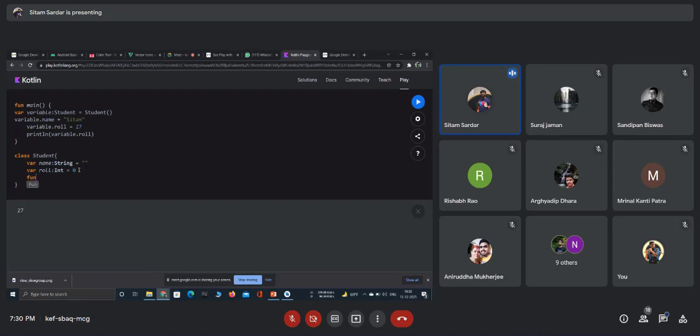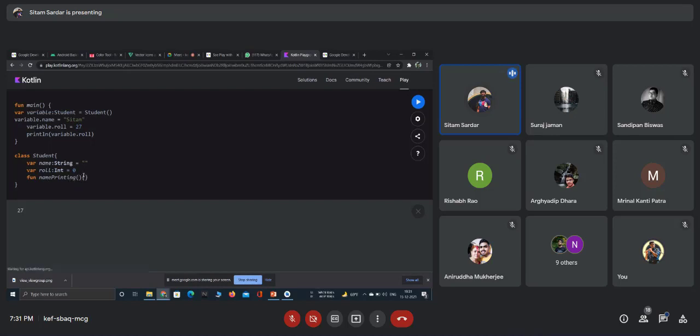Like, let's say for Kotlin, to create a function, let's say I am creating a function inside my data type, which is student. Okay. So let's say I am creating a function, giving its name as name printing.